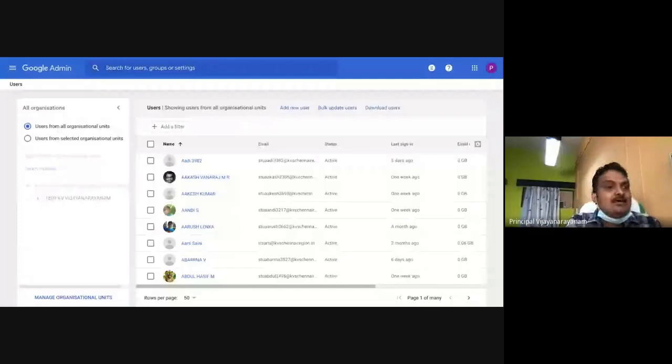There is another way, which says that you have to download all the users, then change the OU and then upload again. Please don't do that. Don't waste your time there. This is the easiest way. Downloading itself, when all our 70,000 students' data are going to be downloaded, will take a lot of time for every school. Please don't do that.